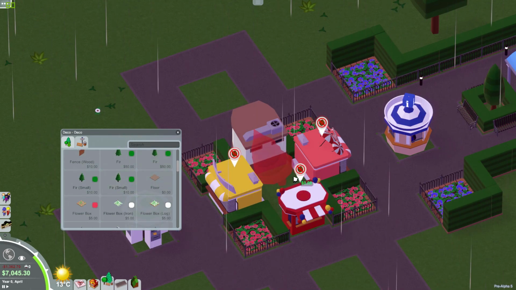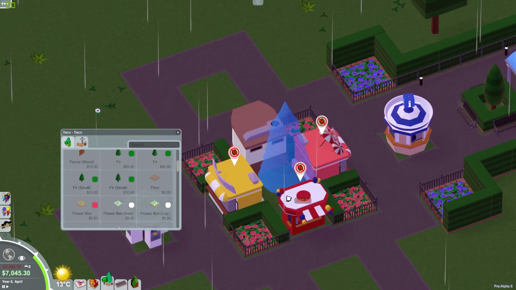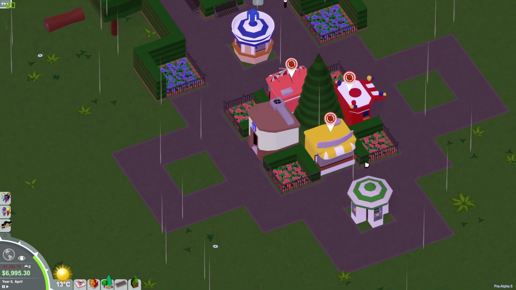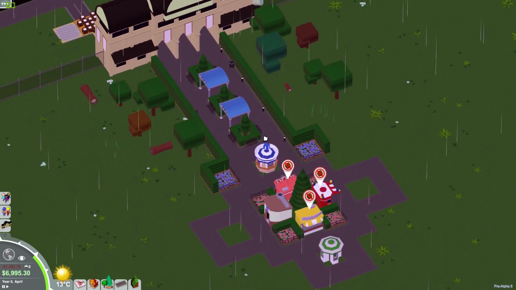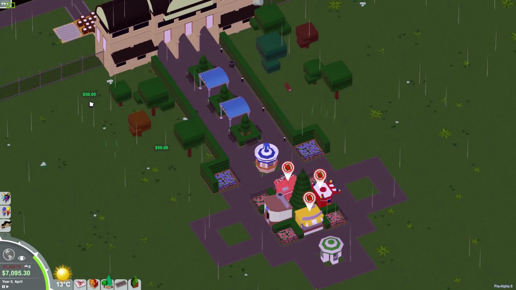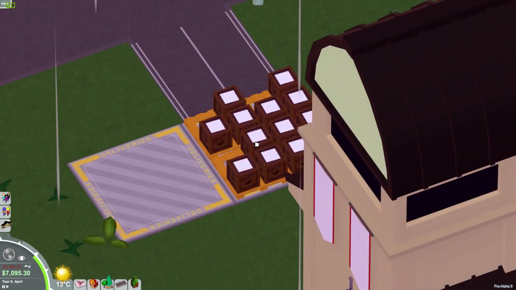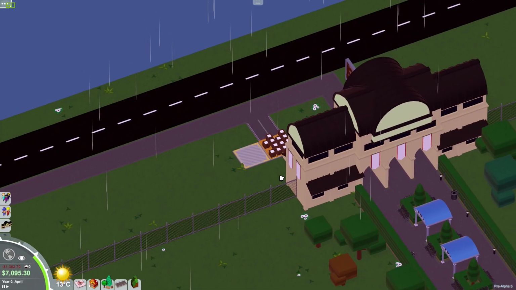Let's stick a big, I want a big tree in that. That's a bit too big, isn't it? Fir tree. Boom. In the middle. There we go. Nice. So now we have a little shopping area in the middle of our park there. I don't like these logs. I'm going to remove them. Here we go. As you can see, there is now a multitude of little goods crates parked up outside our